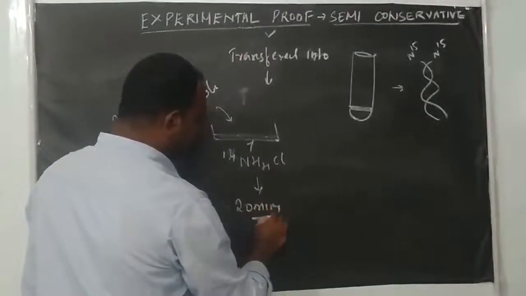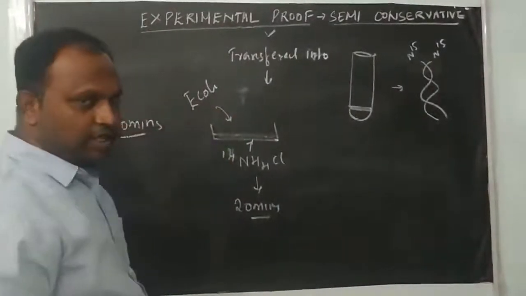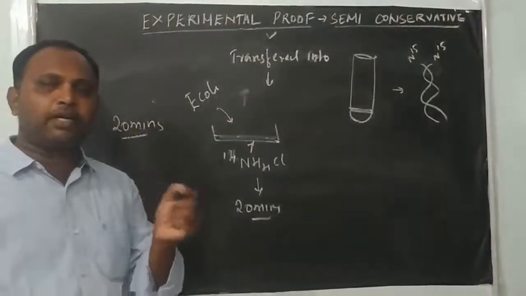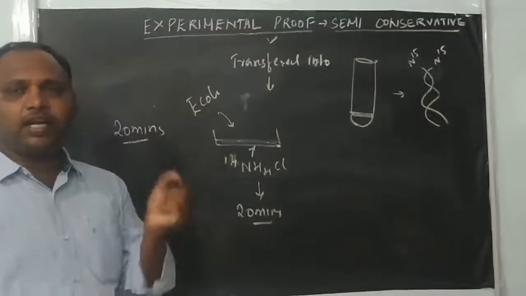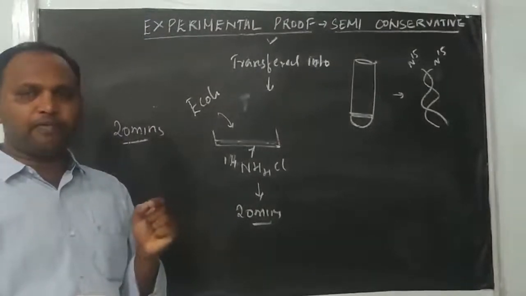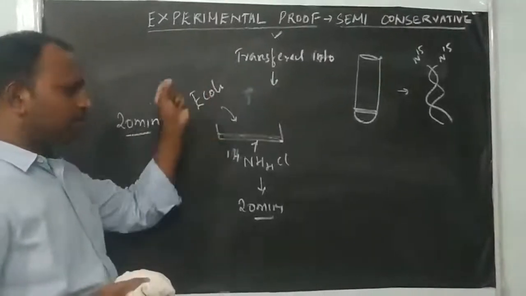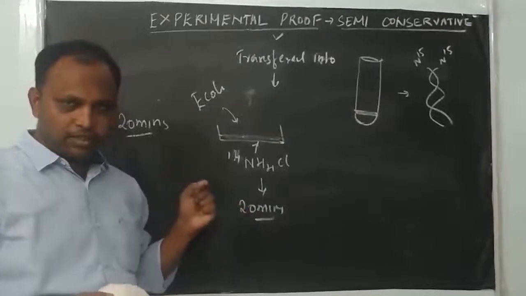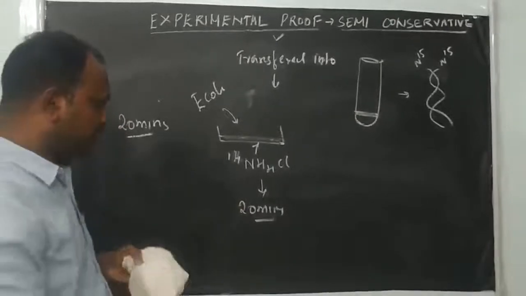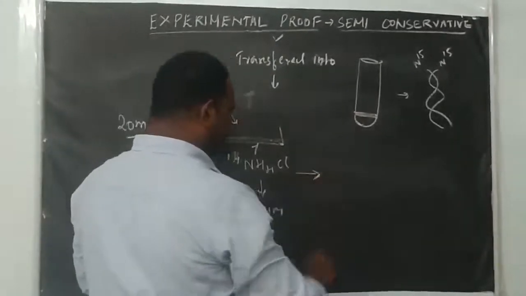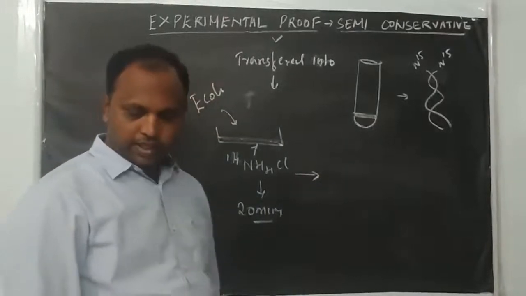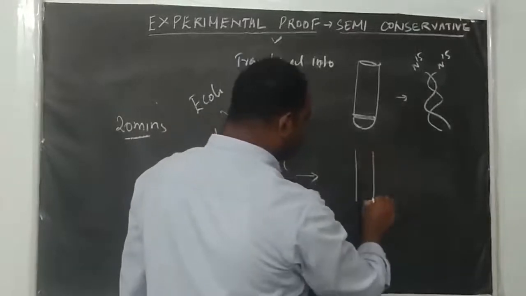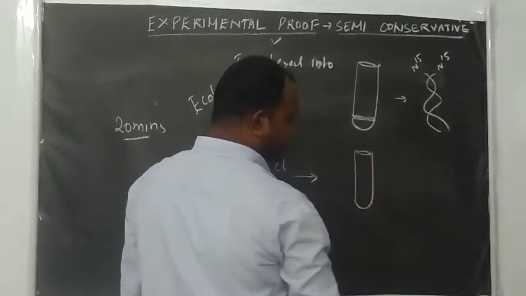After completion of 20 minutes: first, for several generations on N15 medium, now the bacterial cells from the N15 medium are transferred to medium which contains N14, the normal form of nitrogen. The E. coli cells are allowed to complete generation 1. Exactly after 20 minutes, the DNA is isolated from these cells, and the isolated DNAs are subjected to cesium chloride density centrifugation.